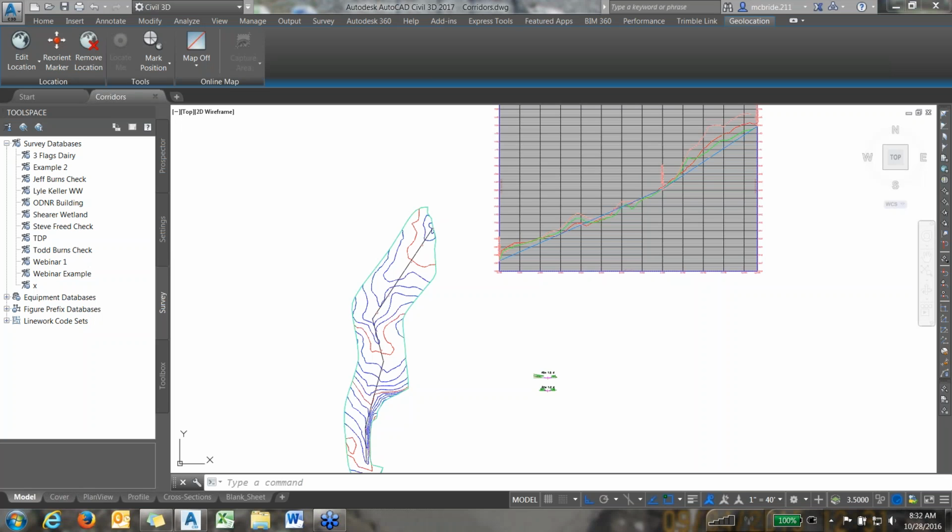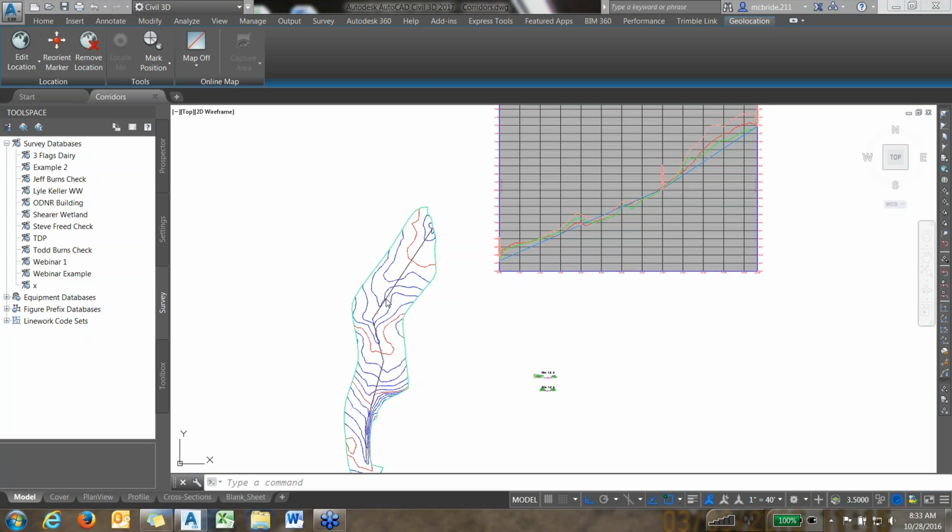profiles. And then the third one that we just did was how to build subassemblies. So those are the three, and right now you can see on my screen, I hope, you should be able to see my surface over here with the contour lines. You should be able to see this